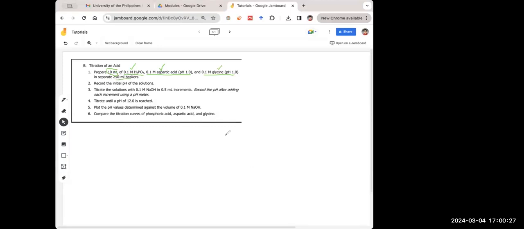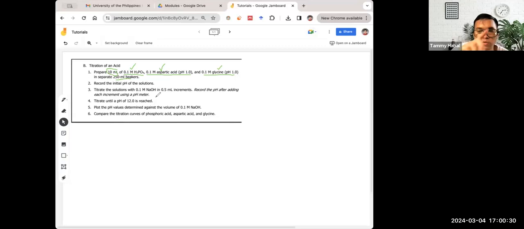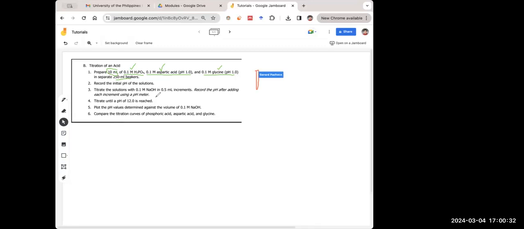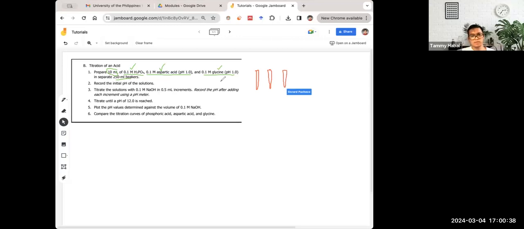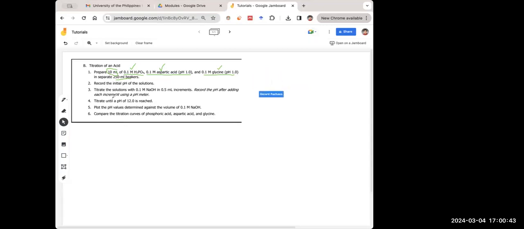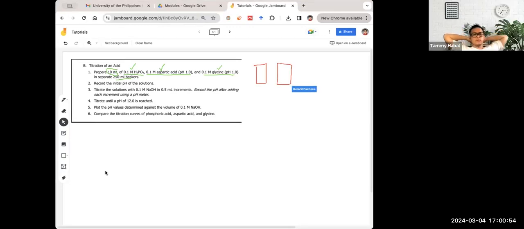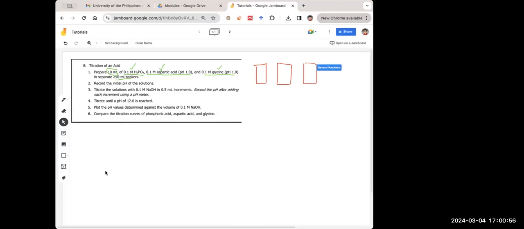Actually, you can do a schematic here. I already am. Okay, so is that a beaker? This is the 250 ml beakers, and then this is